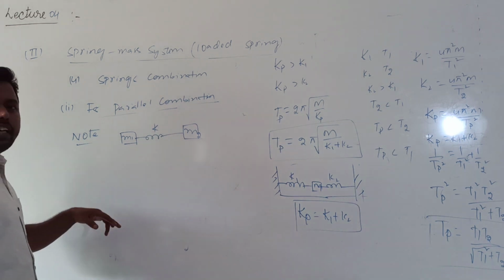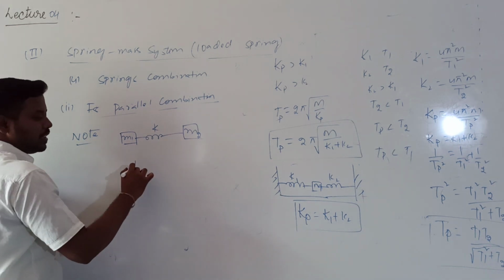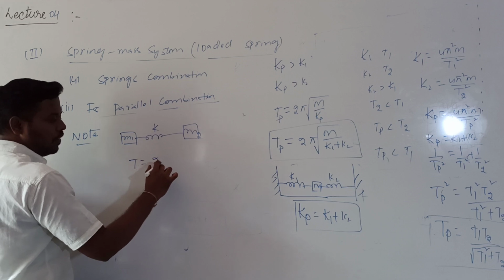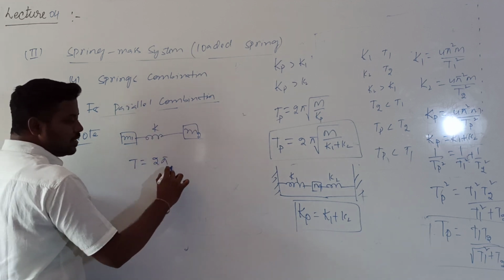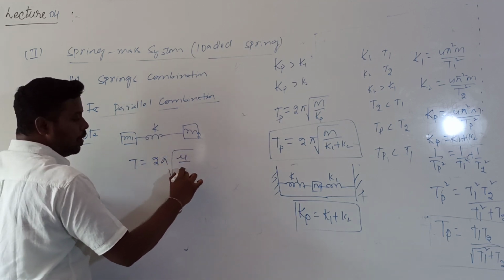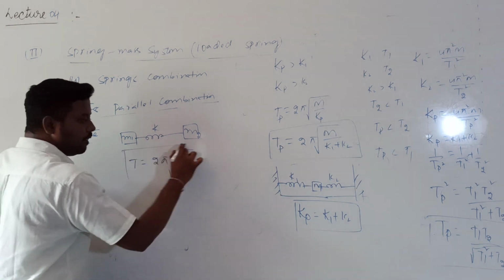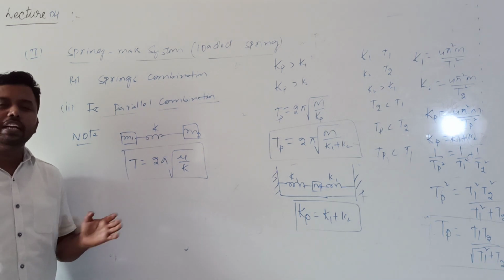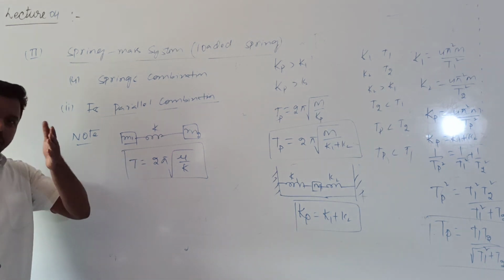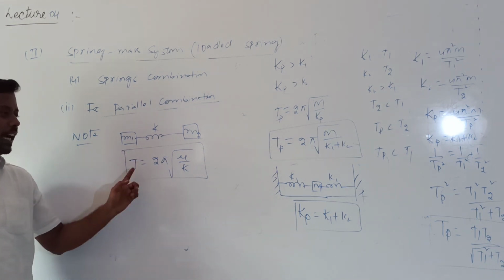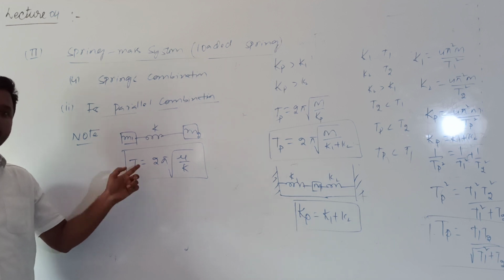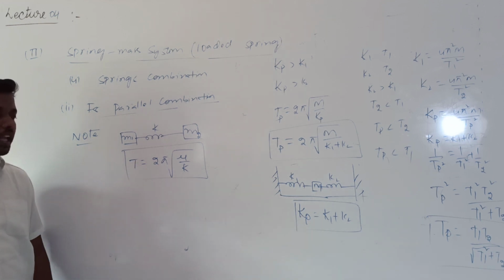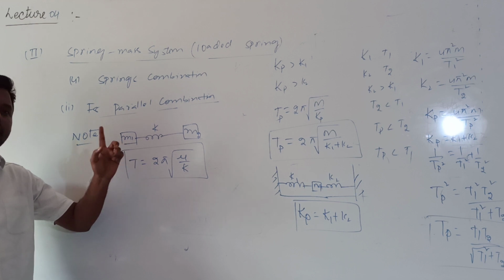When two blocks are connected by a spring and the system is executing SHM, the formula for the time period is given by T is equal to 2 pi into root over mu divided by K. This is the expression. Actually, this is a derivation. We need to derive this. Like the time period, how did we derive it? We will calculate the restoring force. By calculating that, we will calculate acceleration. By calculating acceleration, we will calculate the time period.